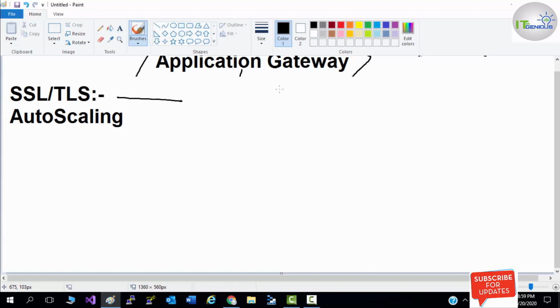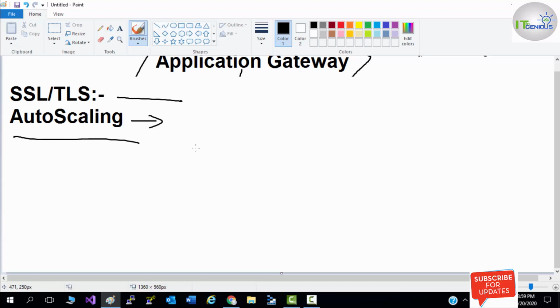So you can terminate your SSL-based communication at the backend side. That is not ideal in terms of business continuity, but again, you can terminate your SSL-based connection through your application gateway.